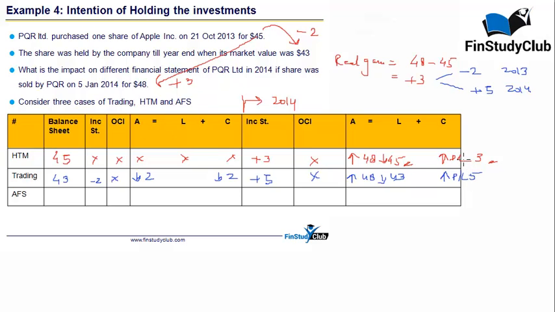So again, my rule stays that the total ownership period, the total of A and B should always be equal to the realized gain. Whatever is the value entered in the first year, the balancing figure gets to be entered in the second year. Let's talk about AFS, which is perhaps the most interesting.